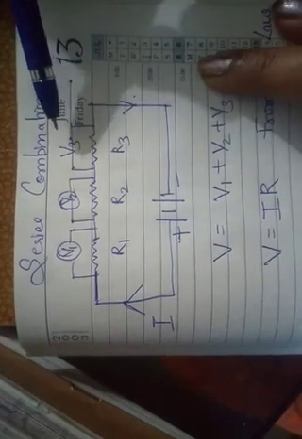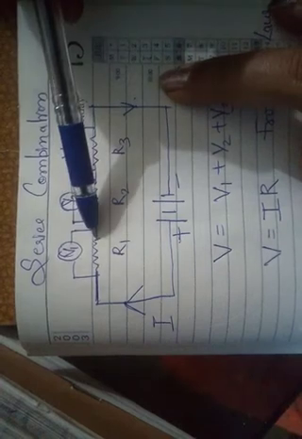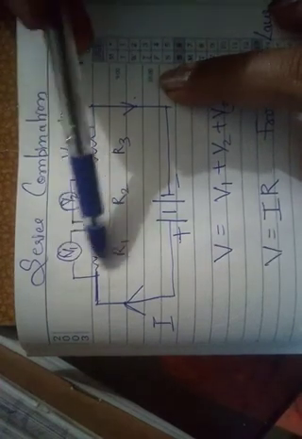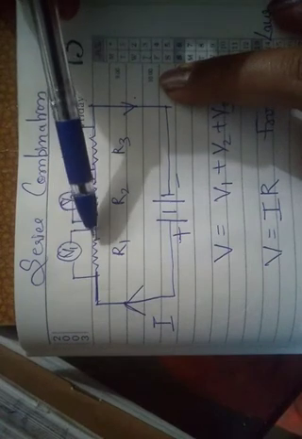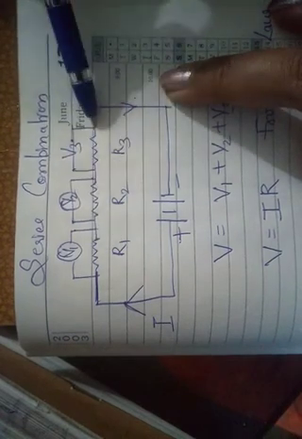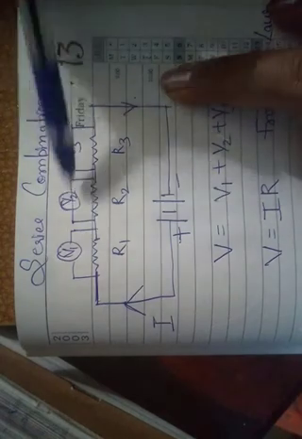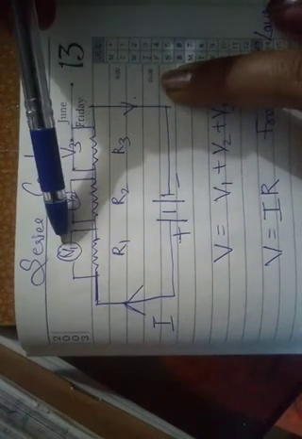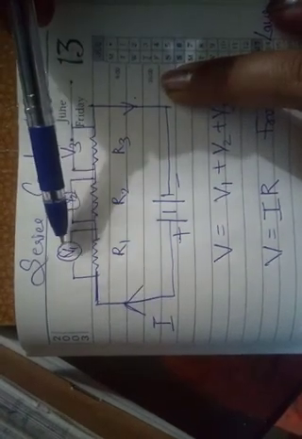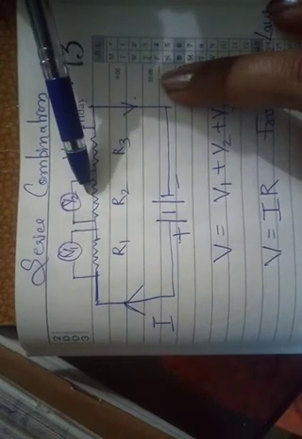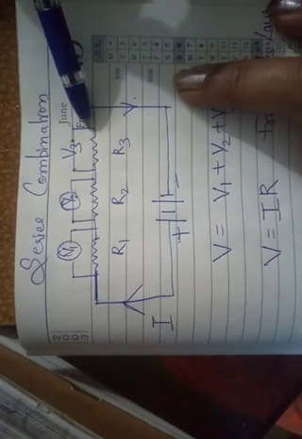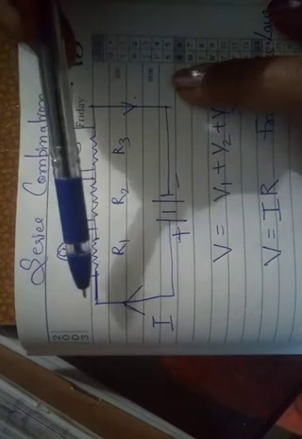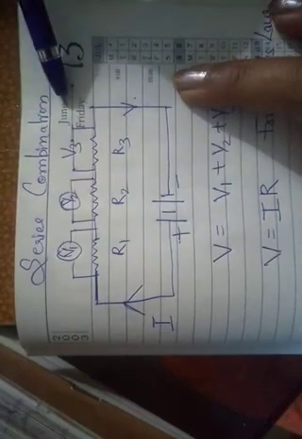These are all potential differences, and when we see them, they will not show equal readings in all three resistances. Here current flows, then whatever current is left after this resistance flows here, and because it is in series, the same current is flowing. But in R1 the potential difference will be different. For R2 it is also different, and R3 also different.